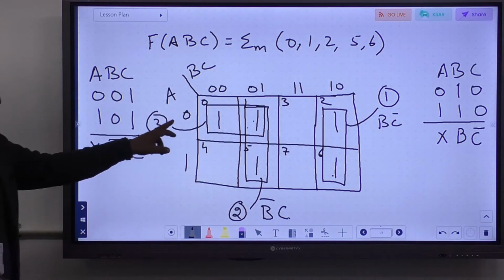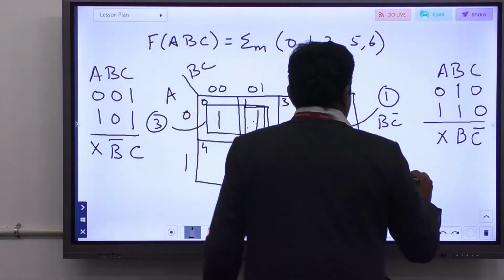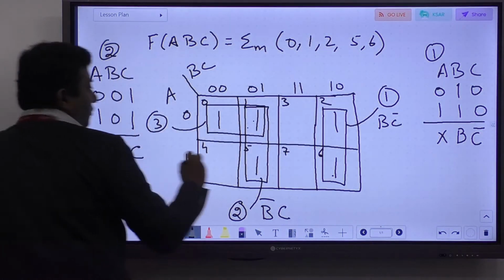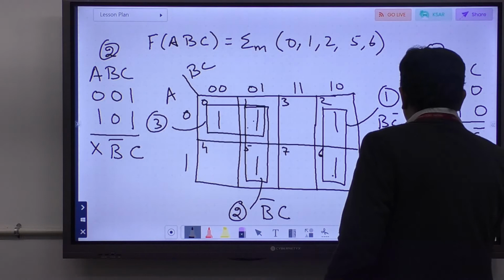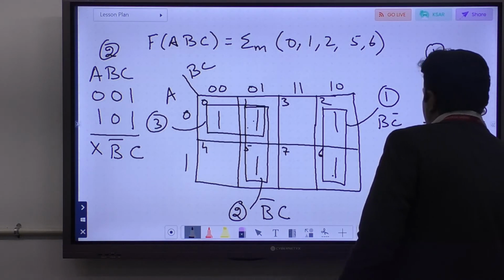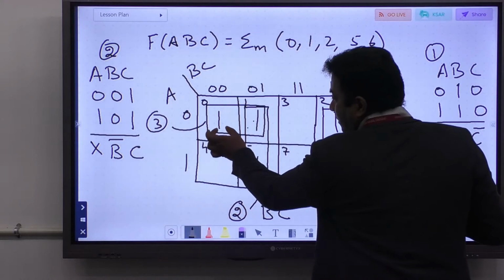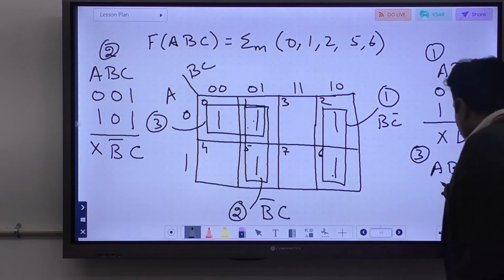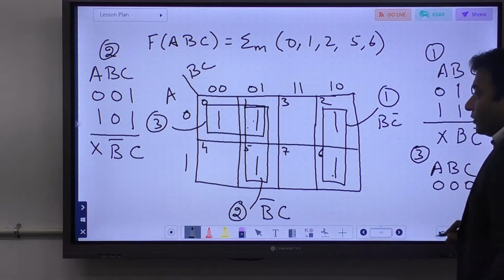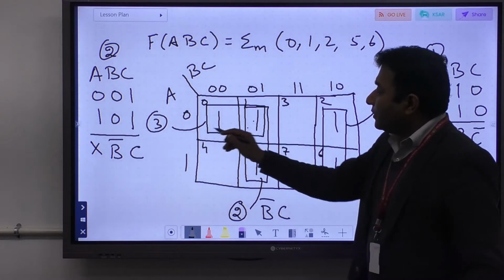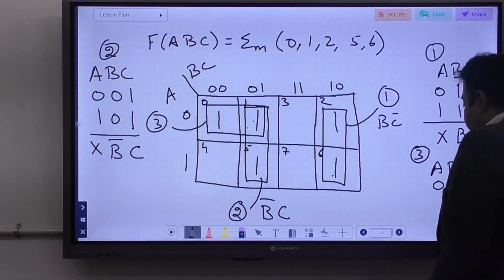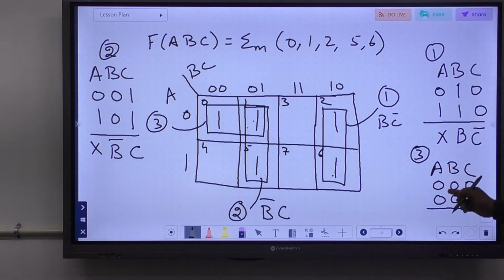Okay, and for the third group, this was for group 1, this was for group 2, and for the third group, again all the variables. For this particular minterm, 0, 0, 0 would be the value, and for this particular minterm, because it lies in group 3 as well, it would be 0, 0, 1. What we are getting is A bar,